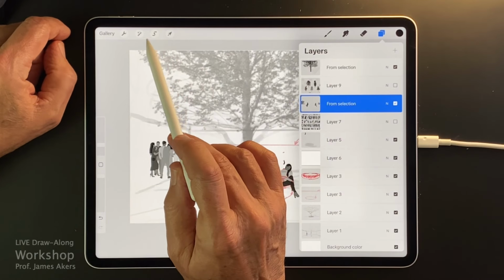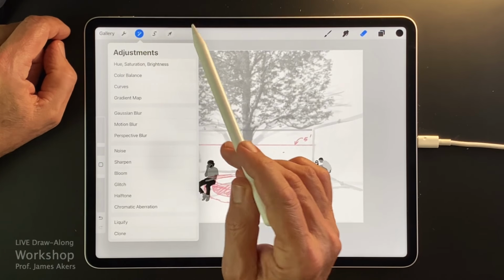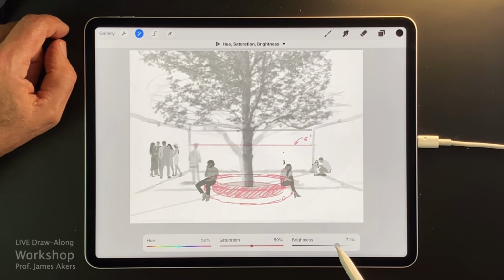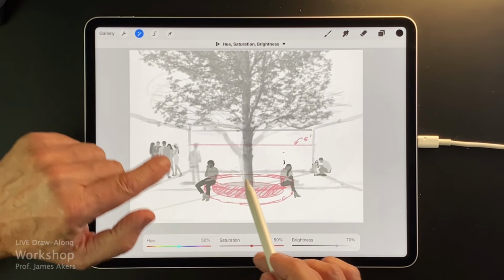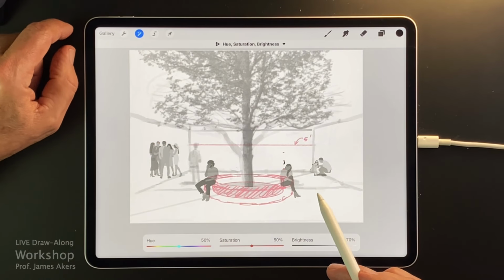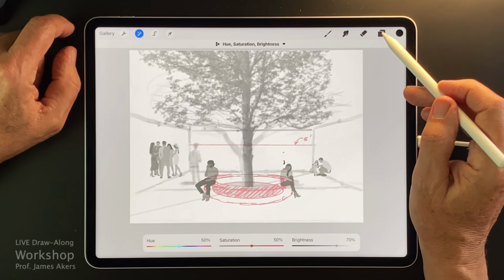So to do that, I'll go back to that adjustment layer, and I will lighten them this way. I could also make them transparent, but by lightening them, I keep all their pixels solid in case I want to color them later. So that's the whole trick there, okay?